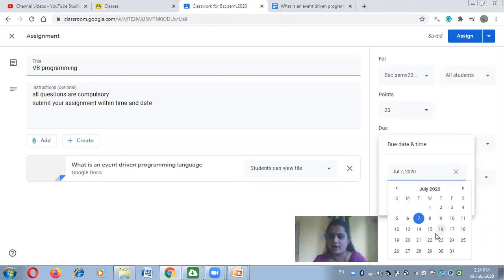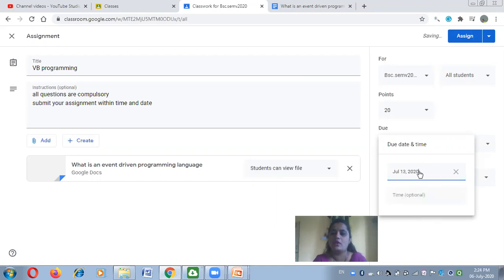Like today's date is Monday, that is 6. So after 8 days you can set the date, means on 13th of July is the maximum limit for the student to submit the assignment. And at what time? At 11:59 p.m.